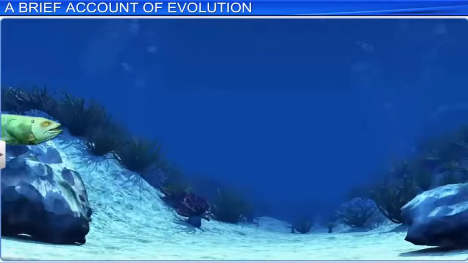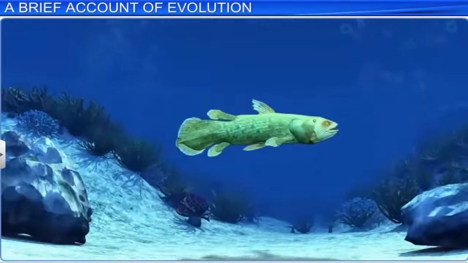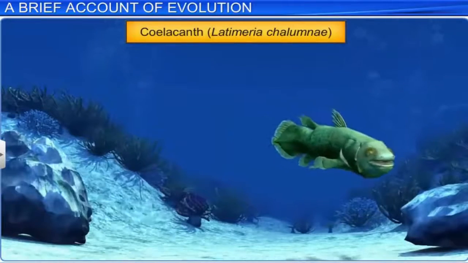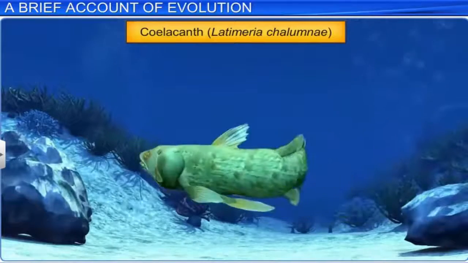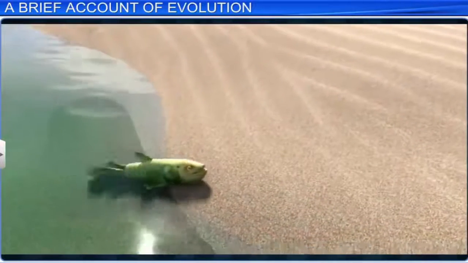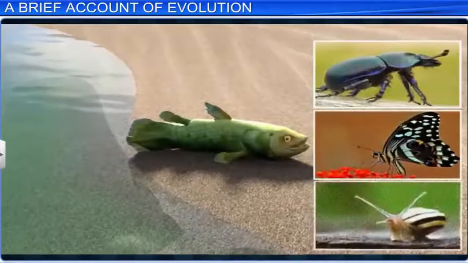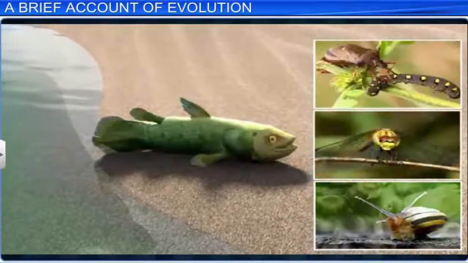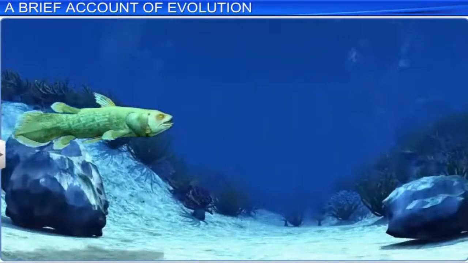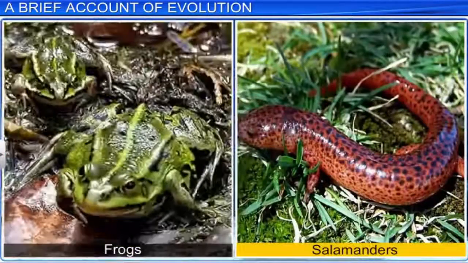Another important fish of this period were the lobe fin fish, which later evolved as amphibians. Coelacanth is a lobe fin fish which was thought to be extinct earlier, but is now considered a living fossil. In times of water shortage, lobe fin fish probably made their way onto land and might have added insects and other arthropods to their diet. Modern-day descendants of lobe fin fish are frogs and salamanders.